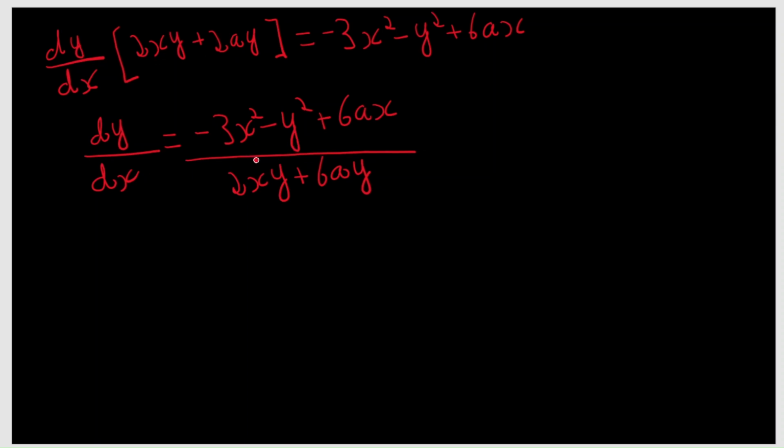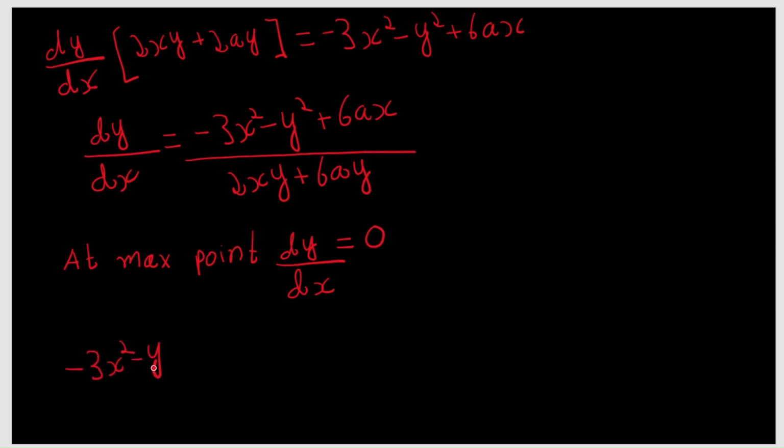Now we are done till here, but we already know from the question that m is a maximum point, and at a maximum point dy over dx is equal to 0. So we are going to write 0 here instead of dy over dx, because m is a maximum point. At the maximum point dy over dx is equal to 0. So it's going to become